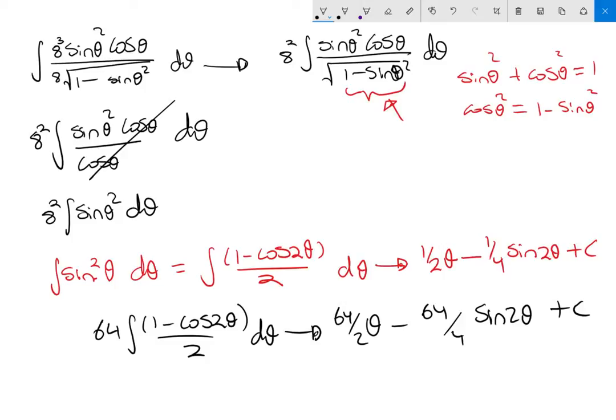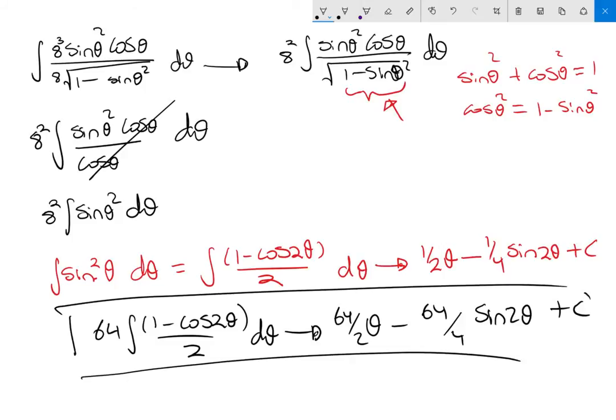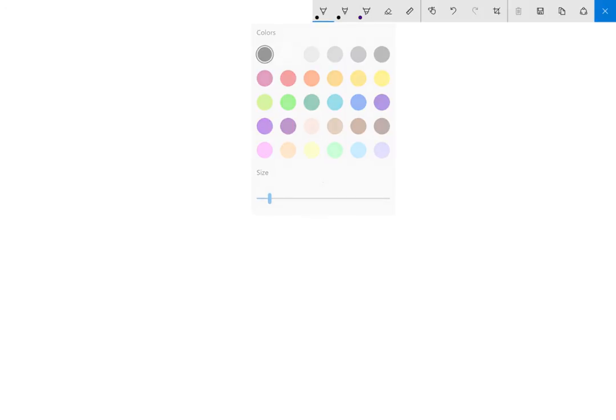Now I'm going to rewrite this again over there so you guys can keep it up, and I'm going to just erase all of this to go on to the next step. Okay, so what we do now is we're going to write it down, and how we do this is, again, it's going to be 64 (1 minus cos 2 theta) over 2 d theta